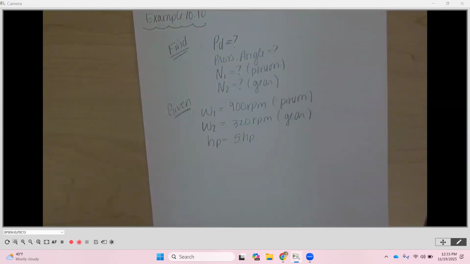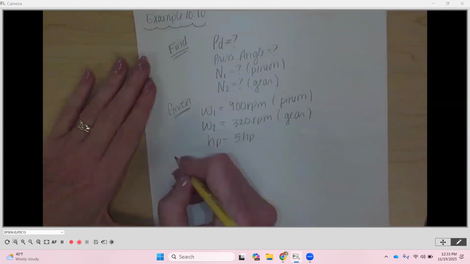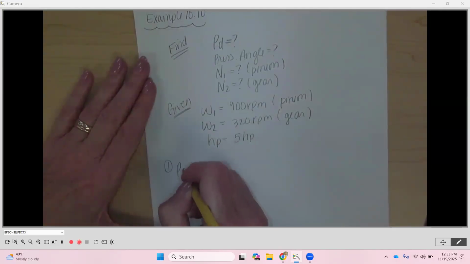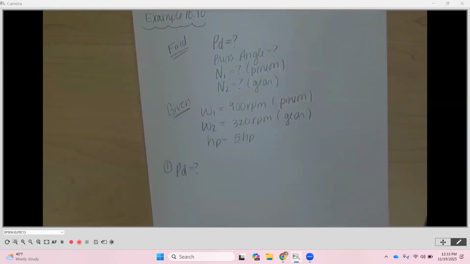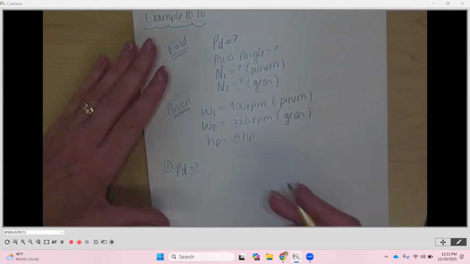So as we said, the first thing we have to do is find that diametral pitch. So step number 1 is going to be finding the diametral pitch. Okay. And that's going to be the same number for both. So we're going to use